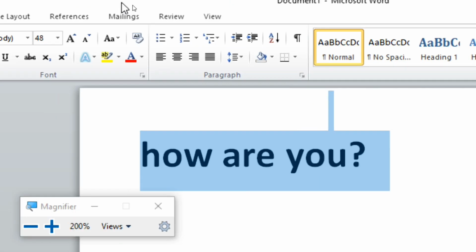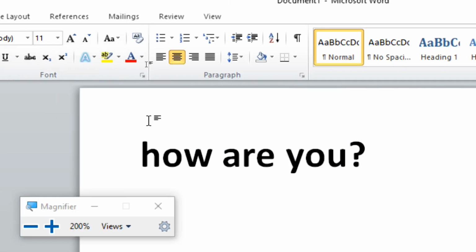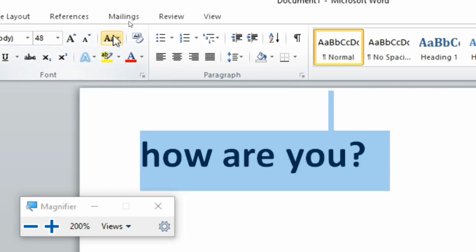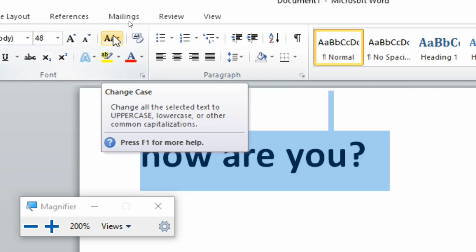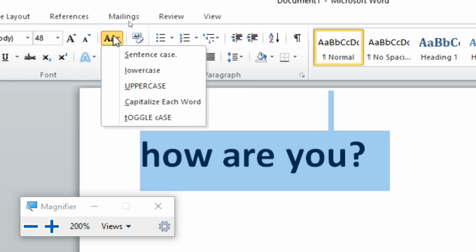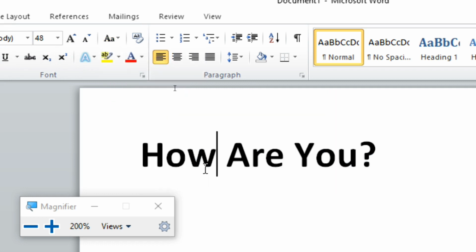I'm going to select this text and then go here. This is change case, and when you click here, capitalize each word is written. When you click, you can see the changes. Can you see, children? The first letter of each word is a capital letter. I hope this much is clear.